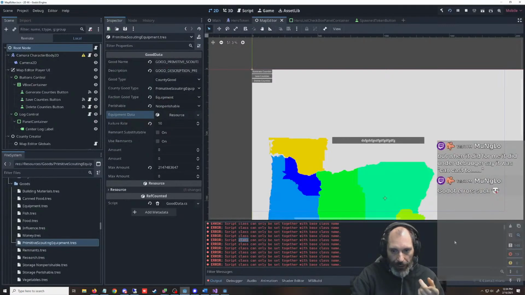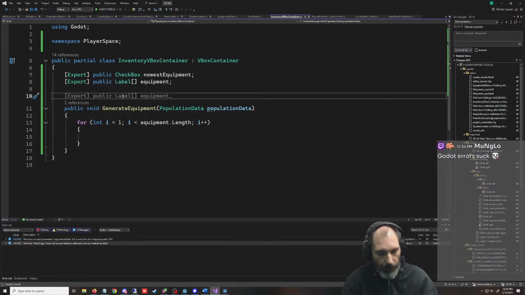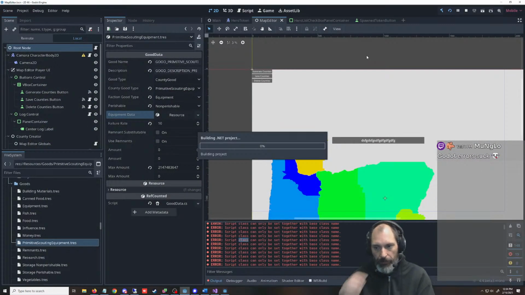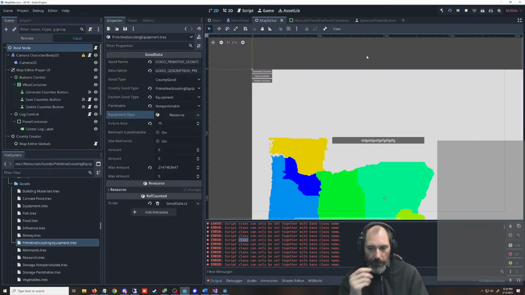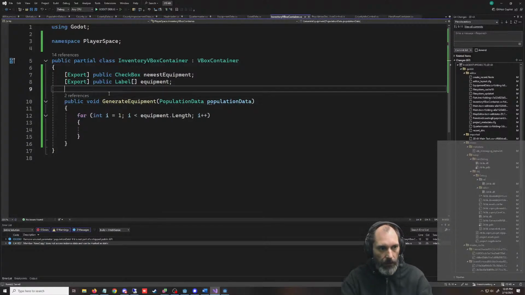It'd be easier to track down if, let me save this again and build, the number of errors didn't change. Now we're at 27. Let me clear this here. Let's go back and add it.